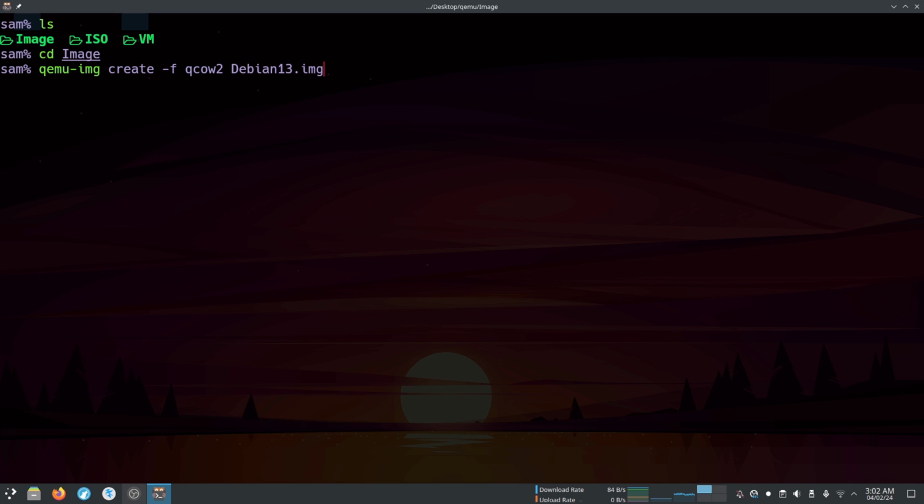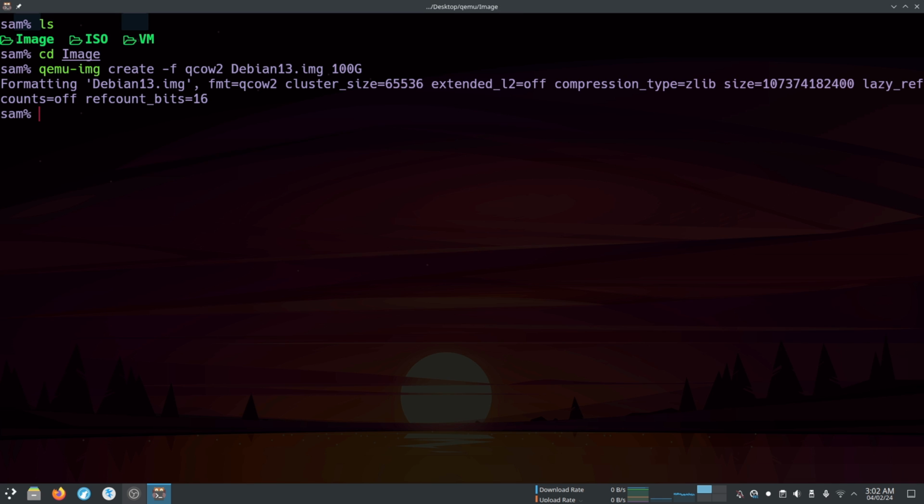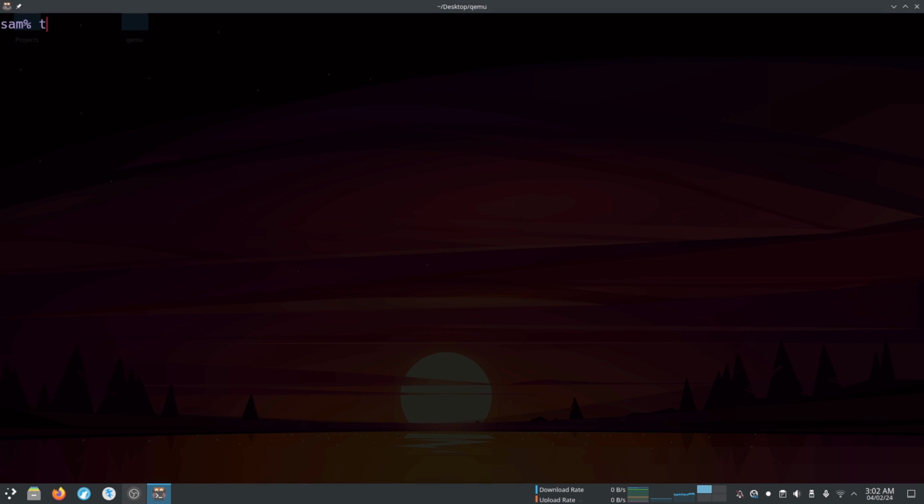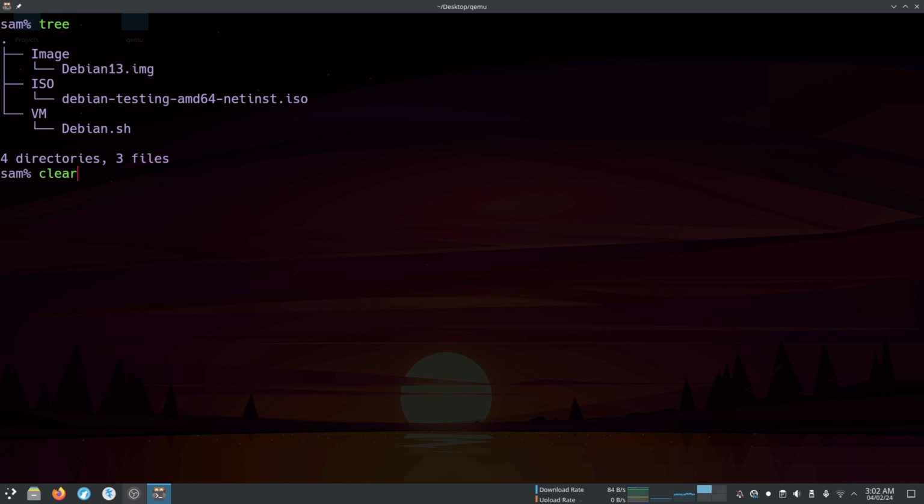I am going to allocate a size of about 100 gigs. This is the tree structure of our VM.